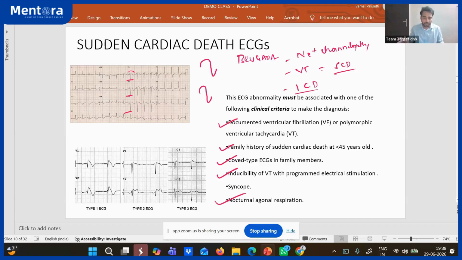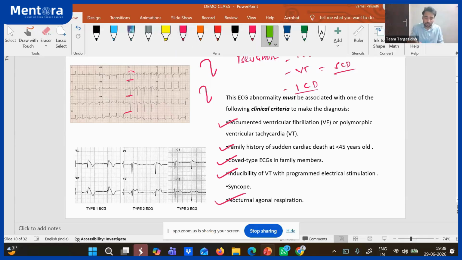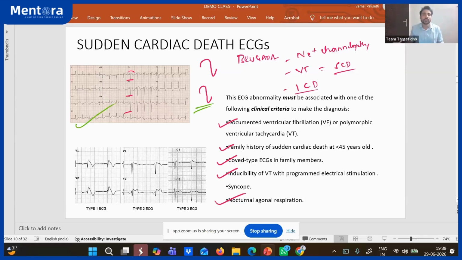Right? Simple. So one more thing they ask in Brugada is that mainly this is the only pattern that is approved. When you see this, definitely you will diagnose it as Brugada. But there are two other patterns which you can diagnose as Brugada also. What are the two patterns? This is called type 1 ECG. As I said, the coved ST elevation with T inversion. It's type 1. That's the characteristic Brugada pattern. If you see this, no more doubt, you can label him as Brugada syndrome.